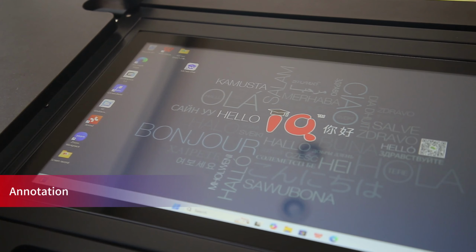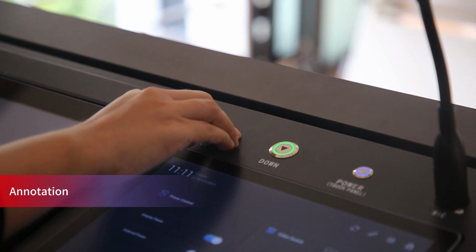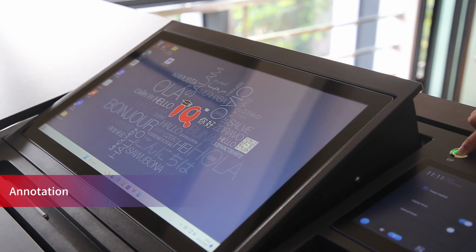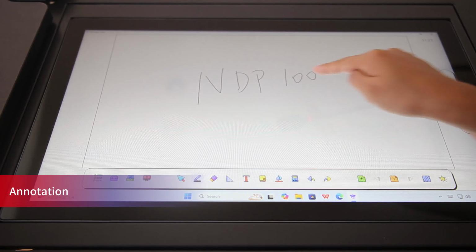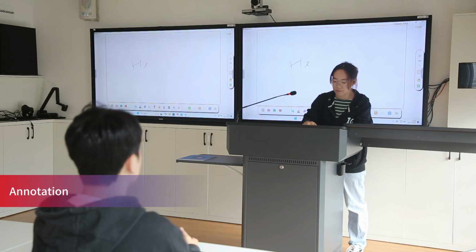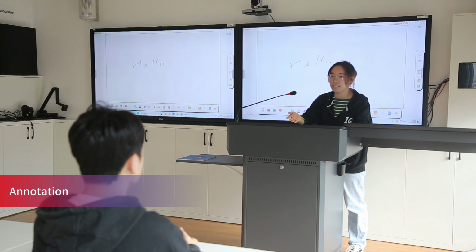During the lesson, the teacher can use the NDP100's built-in PC and 23.8-inch interactive desktop screen to annotate, whether by finger or pen. The writing will be synchronized to the classroom's display, while keeping good eye contact with the whole